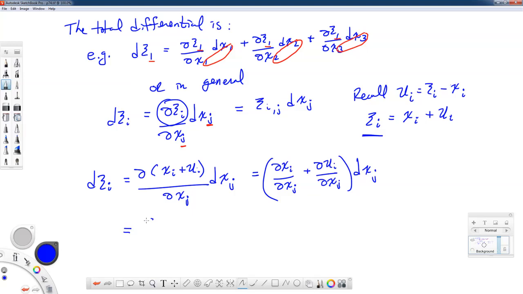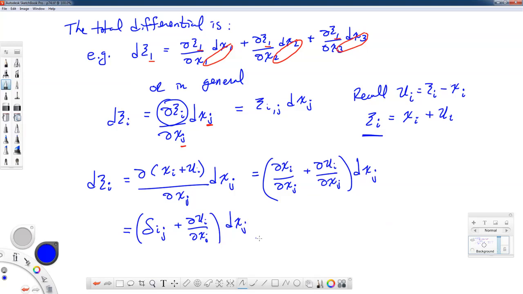Let's write it this way. That would be Kronecker delta ij. As just a refresher, when i and j are equal, that evaluates out to be 1, they're equal to the same index. When i and j are different indices, for example 1 and 3 would be different indices, that term evaluates out to be 0. So that'd be Kronecker delta ij plus the partial derivative of ui with respect to xj